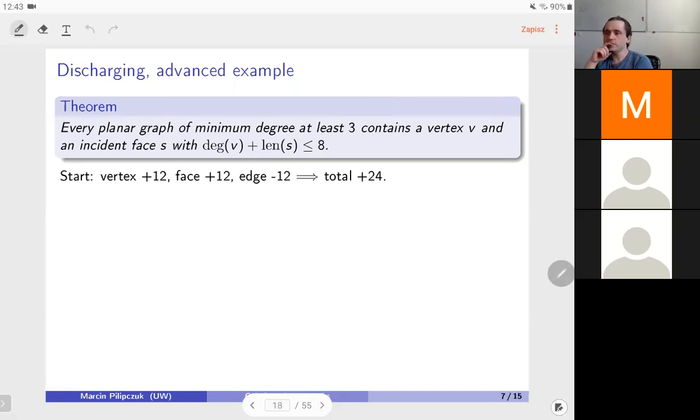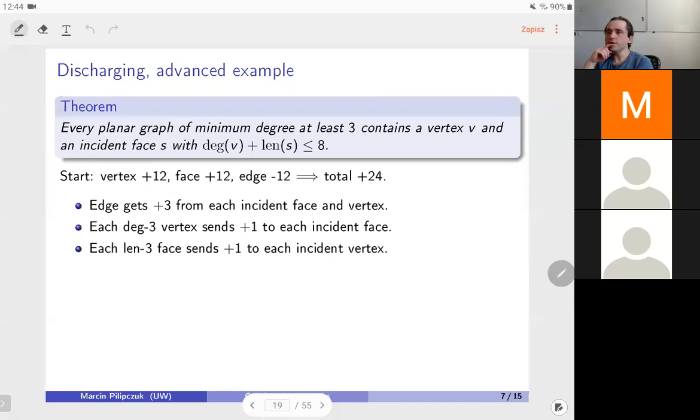So we start as before, but let's double the charge. It would be easier to have full integers in what we proceed with later. We do exactly the same thing as before: put the same amount on every vertex and face, and a negative amount on every edge. And from Euler's formula, the total is a slight positive constant, twice the amount on every vertex, face, and edge. So this is our starting point. And now we are going to do discharging, and the rules will be